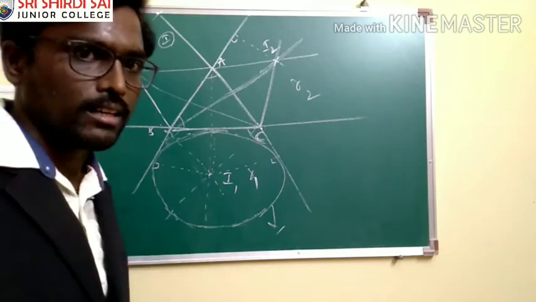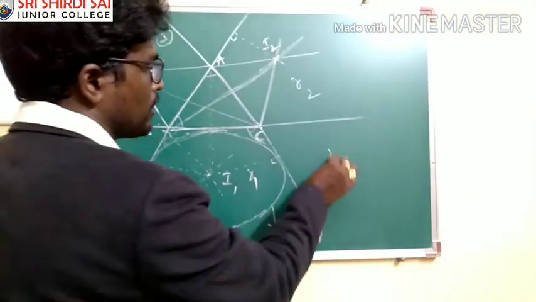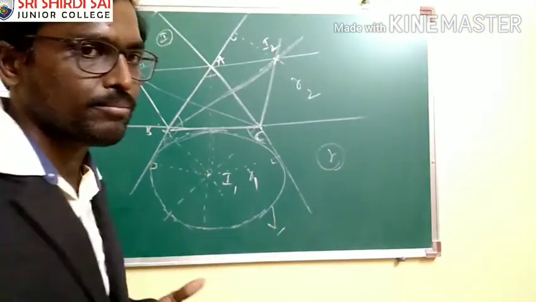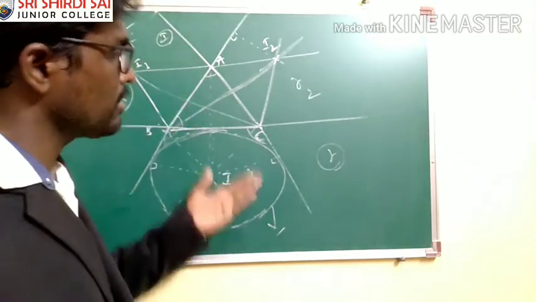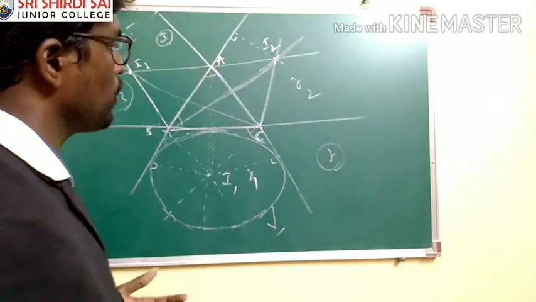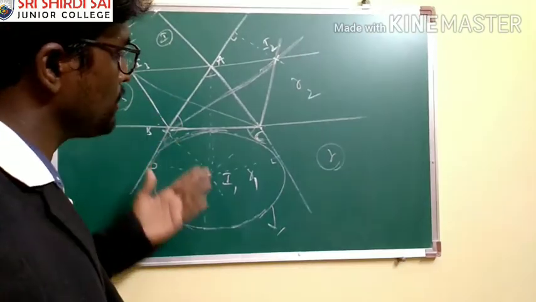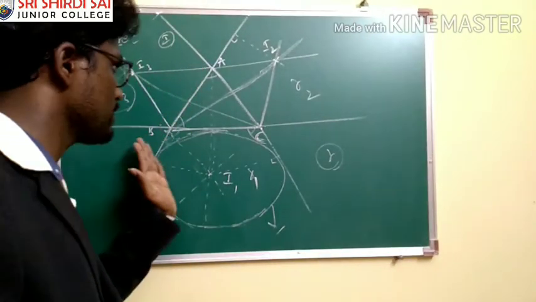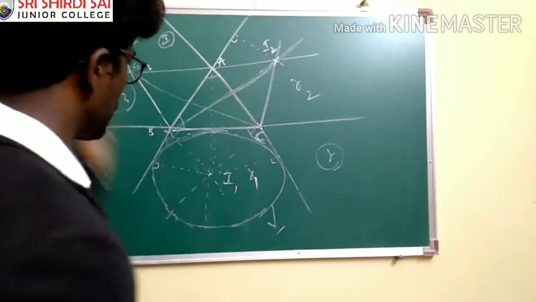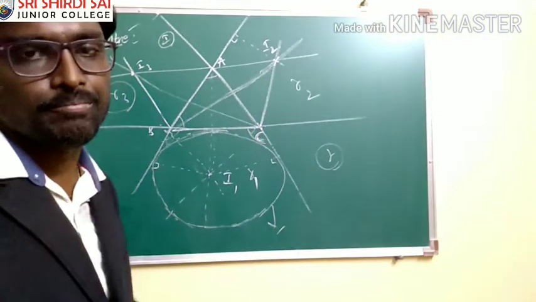What about the incircle and inradius? You denote the inradius by small r and you denote the exradii by small r1, r2 and r3, because we have three possibilities for the triangle ABC. One is opposite to vertex A, one is opposite to vertex B, and the last one is opposite to vertex C.